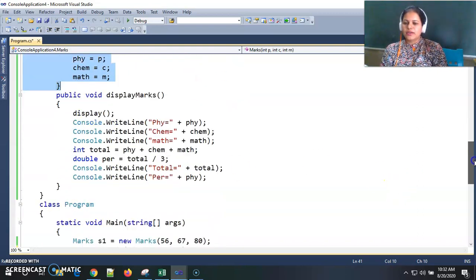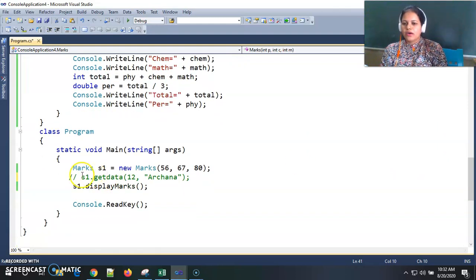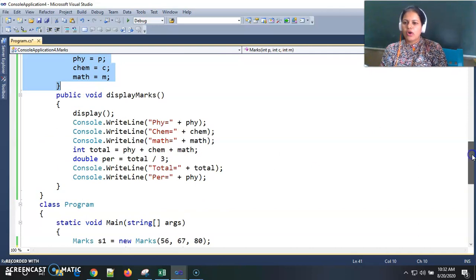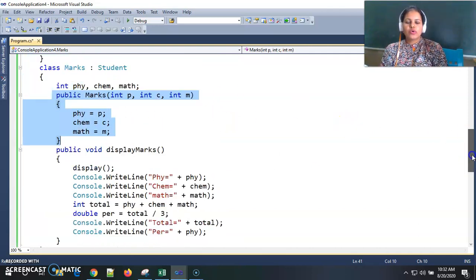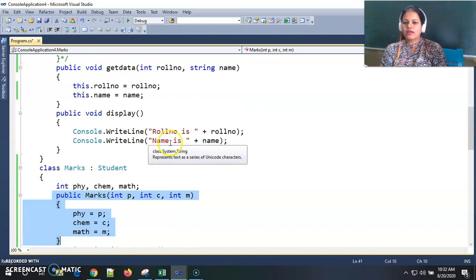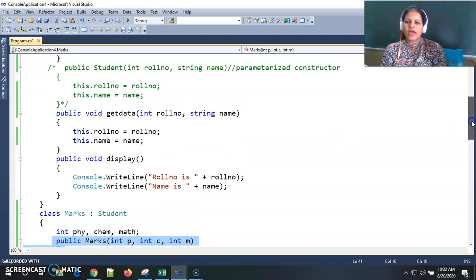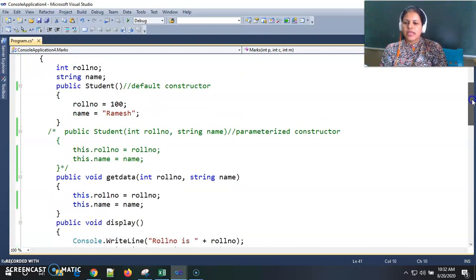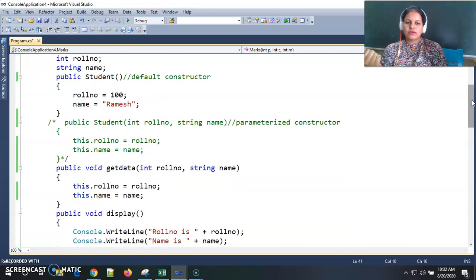Now we will display the display marks, and inside display marks we already called the display method of base class. So by using display method we are displaying the roll number and name. Now inside memory there is a roll number value as 100 and name as Ramesh, because the default constructor was called.